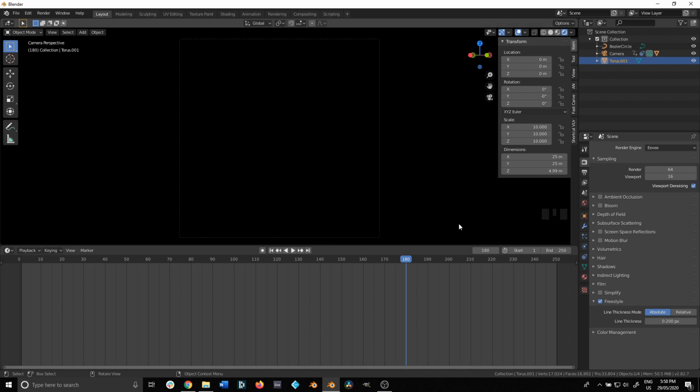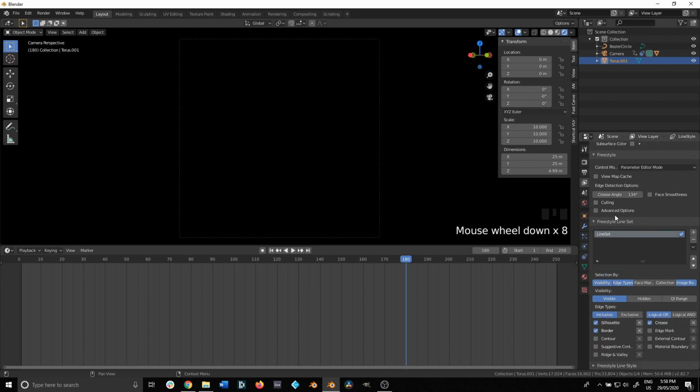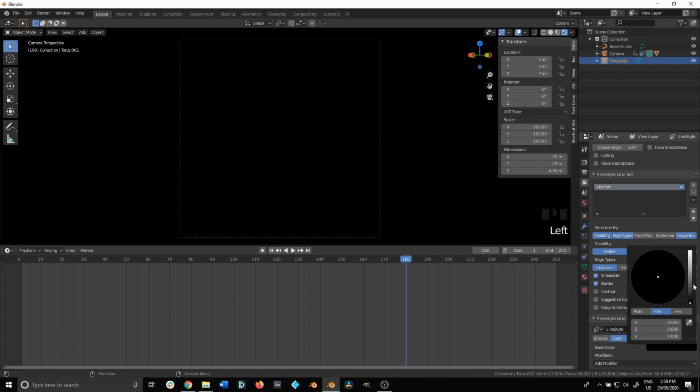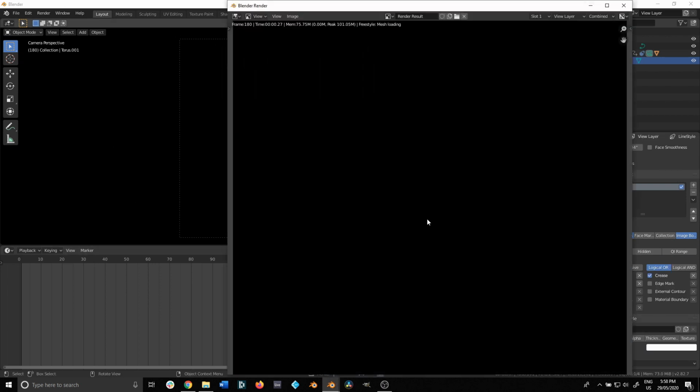Now let's style the line how we like it. So I'm going to come over to the layer properties, and I'm going to come all the way to the bottom where it says freestyle line style. Now first I'm going to go color, and with this color I'm going to go white. So now if I push render,